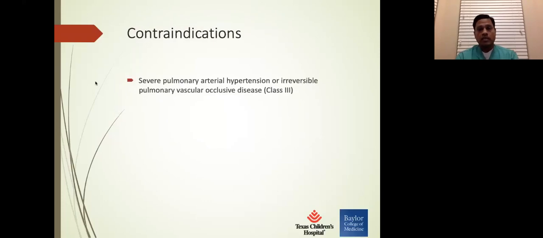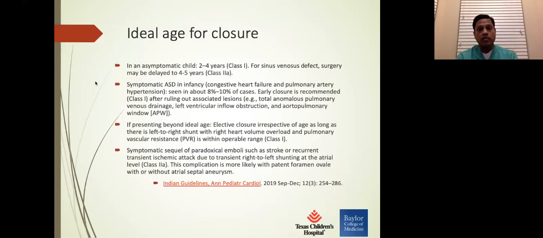If a patient has severe pulmonary hypertension or irreversible pulmonary vascular disease, that's a contraindication for ASD closure, because these patients are dependent on the ASD to maintain their cardiac output due to high RV or pulmonary artery pressures. Ideal age for closure is about 2 to 4 years. In sinus venosus defects, it could be delayed to 4 to 5 years,